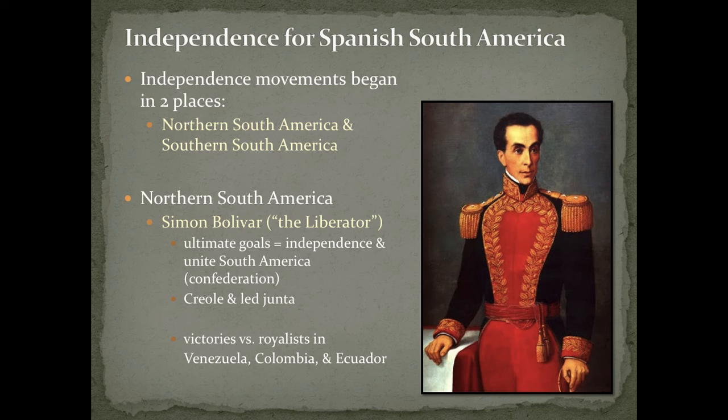By the early 1820s, he's gained independence for Venezuela, Colombia, and Ecuador. And eventually, he's going to make an attempt to unite this into a single country of Gran Colombia. But this will not last. It will fall back apart into these three individual countries of Venezuela, Colombia, and Ecuador. All right, so this is a short-term vision. It doesn't wind up playing out due to vast differences in culture within South America. But this shows the visionary ideals of some of these Creoles that are inspired by the Enlightenment.